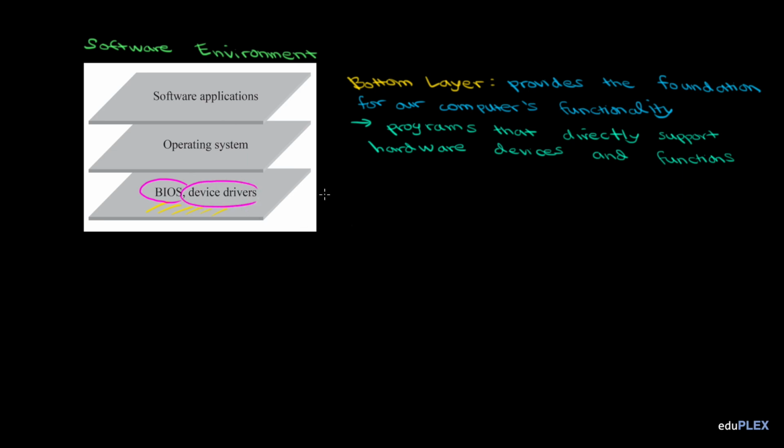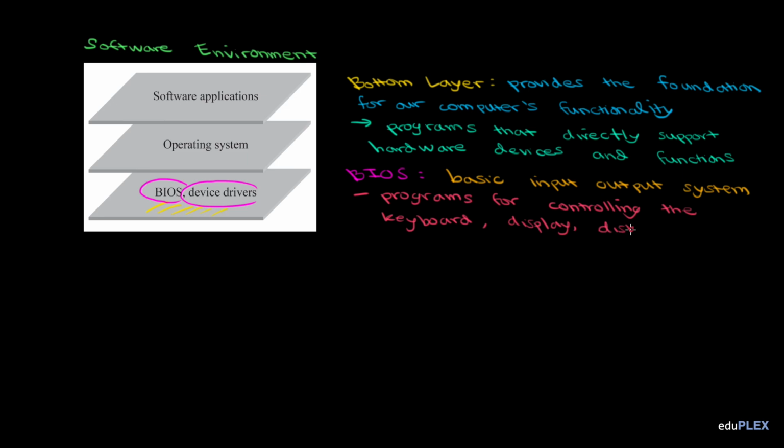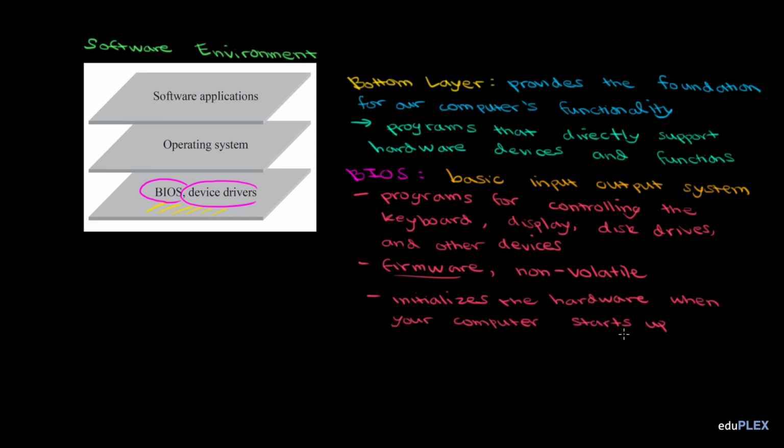So I just talked about ROM, or read-only memory, which is permanent. Our computer's ROM contains the initialization code that essentially boots up the operating system when the computer's turned on, and the operating system then serves as the sort of first program from which we can load and execute other programs. ROM BIOS stands for Basic Input-Output System, which contains programs for controlling the keyboard, display, disk drives, and other devices. BIOS is a firmware, and a non-volatile one, meaning it won't get erased when the computer turns off, unlike RAM. ROM BIOS's job is to initialize the hardware when your computer starts up, and then boot up and initialize the